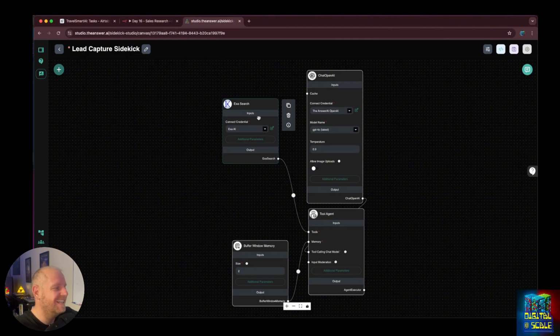Let's just leave it at that. All right, so we now have the OpenAI, we have the embeddings, and then the document. So here we're going to choose our document loader and document store. And here I'm going to choose the Travel Smart AI Business Documents. I think we have that. Let's use that. So now what we've done is we have given it access to a tool that is stored